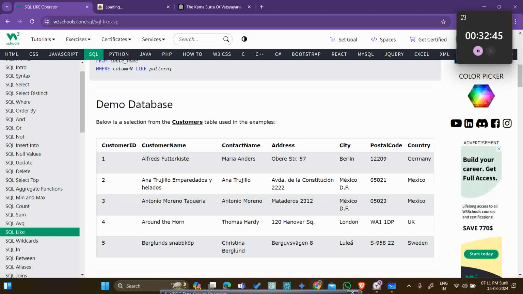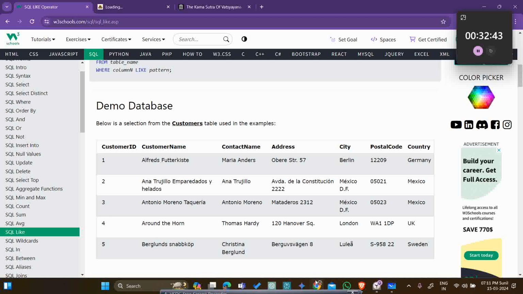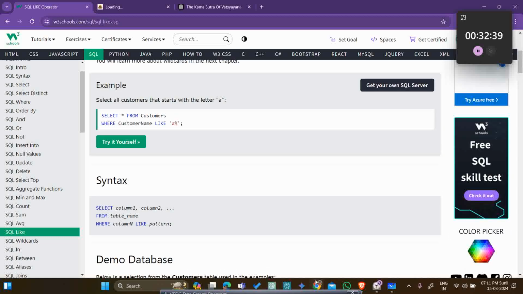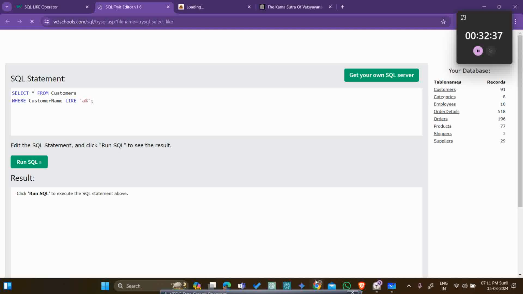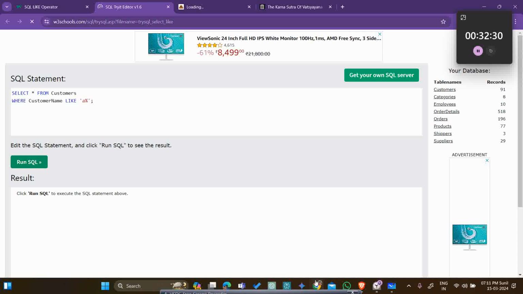So let's say this is the demo table, all right? In this, only one record is starting from P. All the records are starting from A. So let's try executing this. It will return, I think, four records here because customer name is,